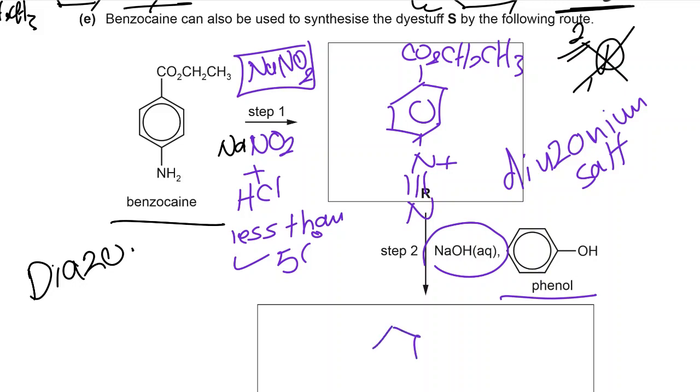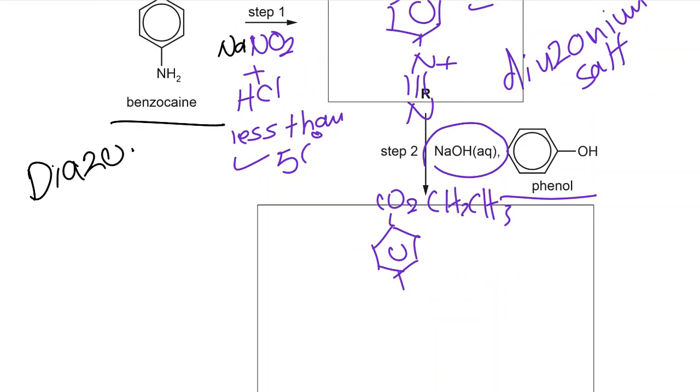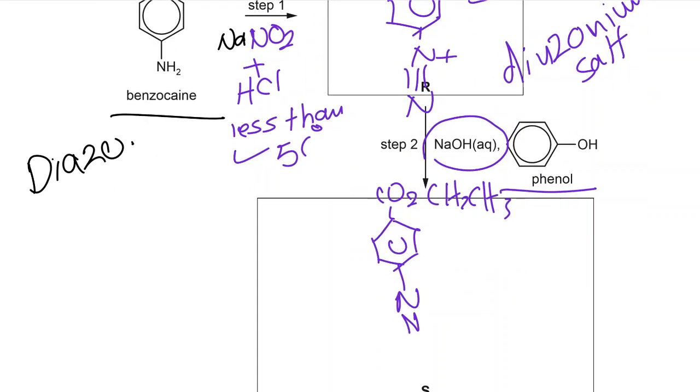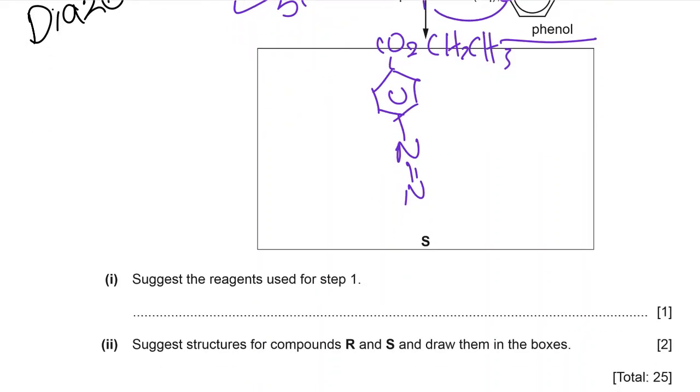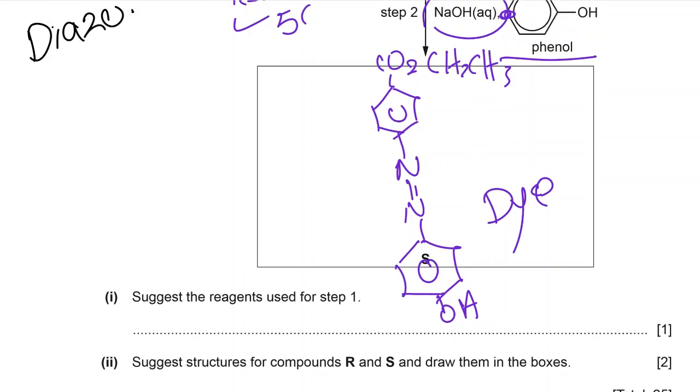This is your compound. This one I'm talking about: CO2CH2CH3, and then this nitrogen, just let me clear it. And this compound will be bonded from position number 4, so then your phenol. This one, the dye. Okay,